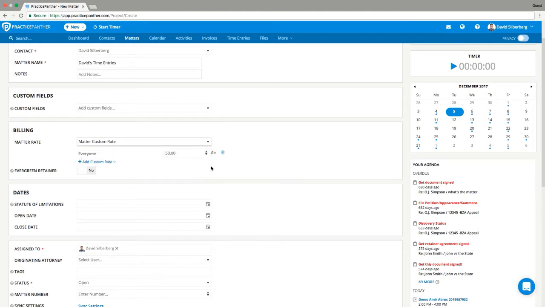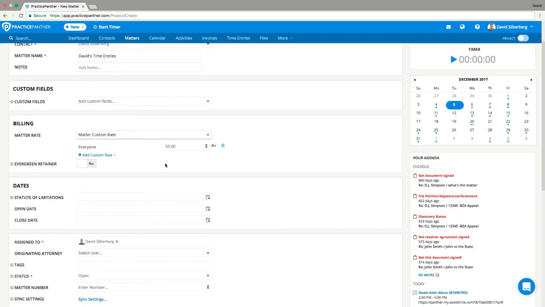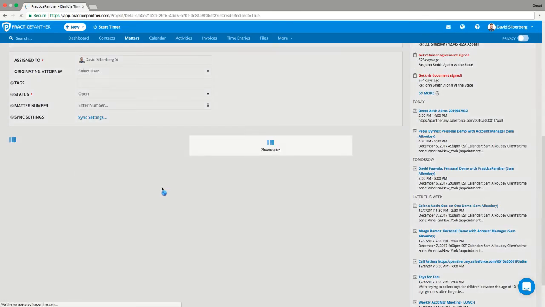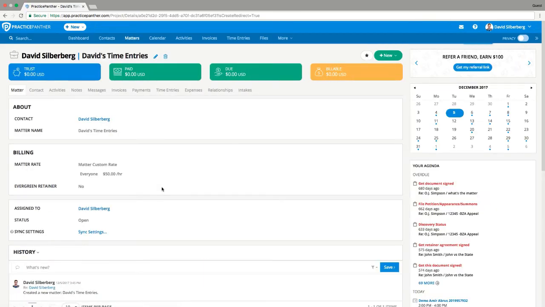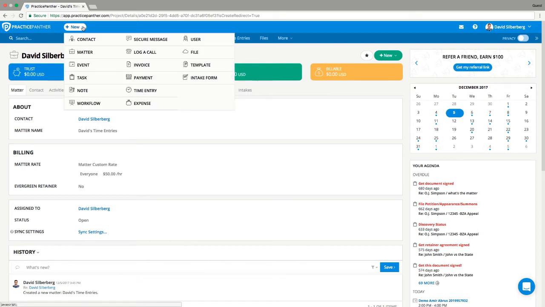We're going to do the $50 an hour option here. And then scroll down and hit save. And the first thing that I'm going to go ahead and show you is literally creating one time entry from within the Matter here, which you can do a couple of ways. You can either hit the white new button up here, which if you do the time entry this way,